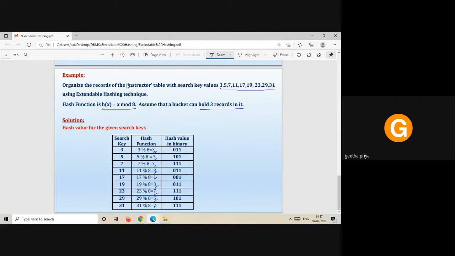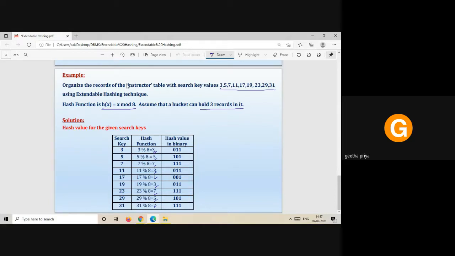The maximum result of the hash function is 7. The minimum number of bits required to represent 7 in binary is 3. So all these values are represented as 3-bit binary.